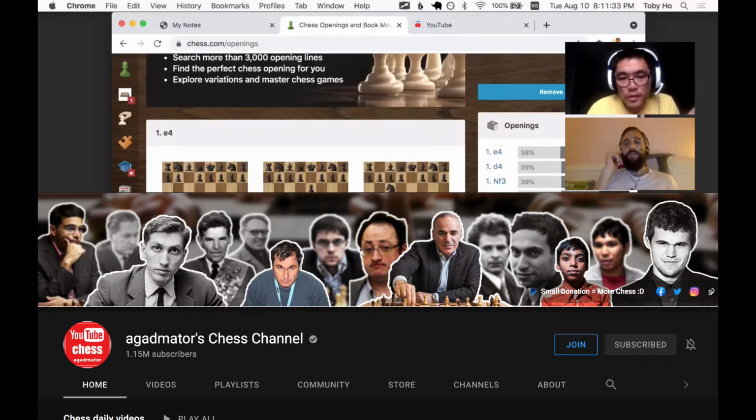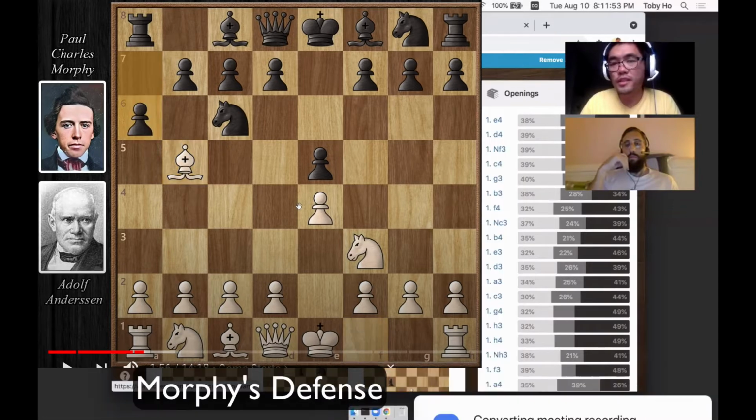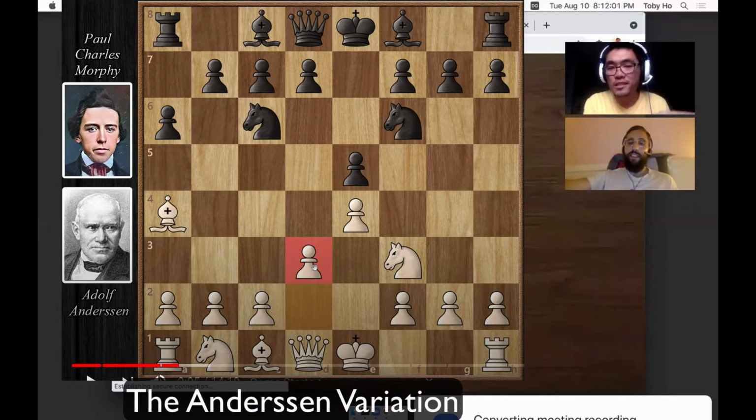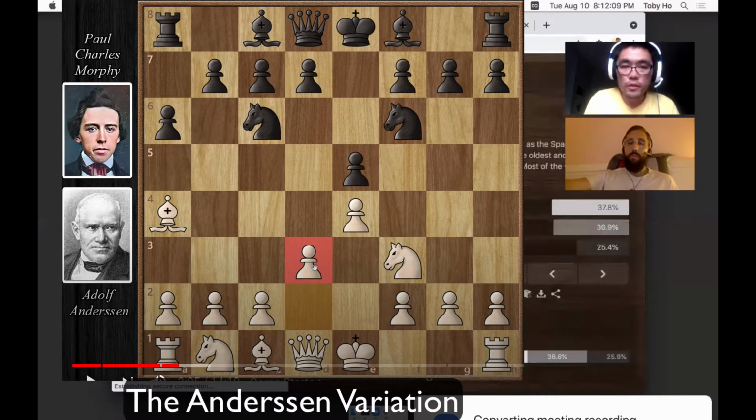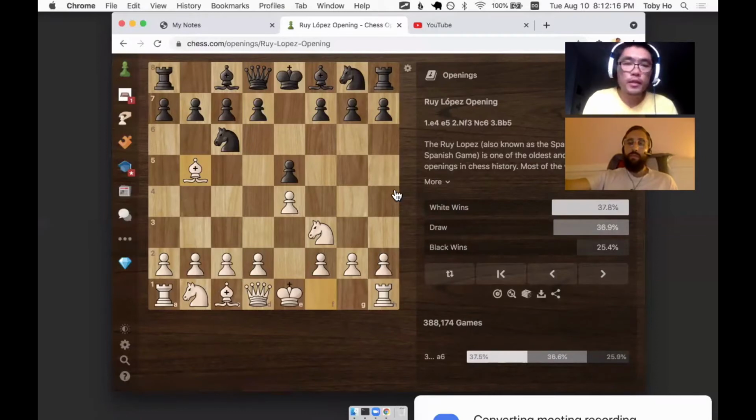He covers very old games, like between Paul Morphy and Adolf Anderssen. Back then, they started playing this style. There's the Morphy defense reply to the Ruy Lopez, for example. That was invented by Paul Morphy, and then Anderssen has a variation on top of that. There are these very well-known openings, and some less well-known openings as well. Also, for the well-known openings, there's the main line, where the most people traverse, whereas the sidelines are the less used variations.